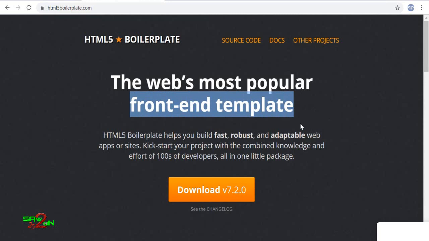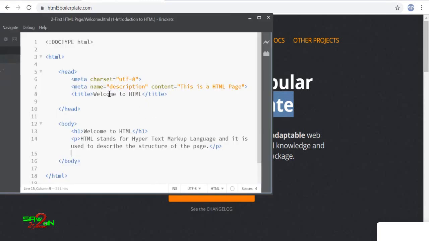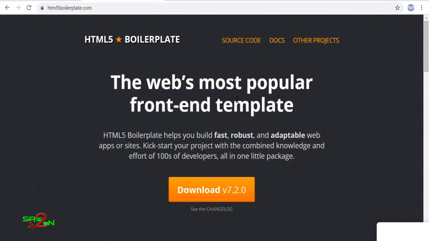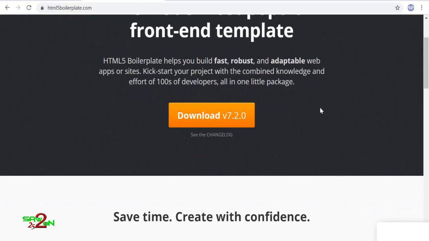Whenever you write HTML, you don't typically start typing doctype, html, head and all these things. What you do is you basically create a template. You create a front-end template and then you always start from that template. This is a very common practice among all web developers where they tend to use a boilerplate, nothing but a front-end template. And this is one of the popular front-end templates that most people use